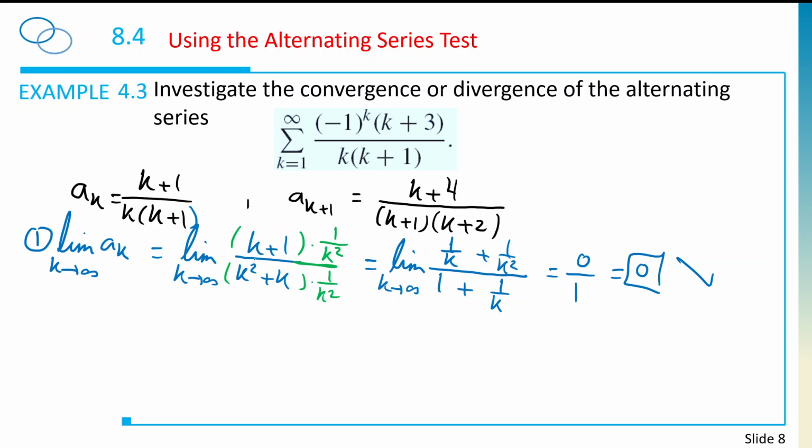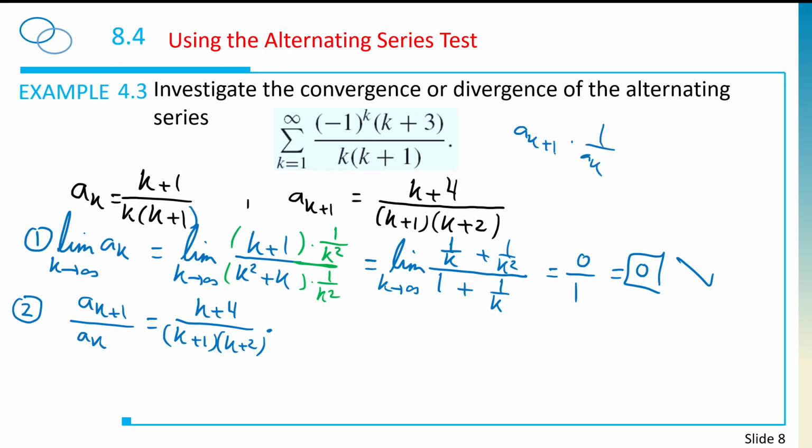But for you as a self-check, directly, if you see the degree of the denominator, you know it's 0. Now the second step, or the second condition, I need to check whether it's decreasing or not. So I'll start with a_{k+1} divided by a_k. And this equals a_{k+1}, it's (k+4) over (k+1)(k+2), times the reciprocal of a_k. Remember, every time what I'm doing is multiplying by 1 over a_k, just to avoid complex fractions. So now the reciprocal for a_k is k times (k+1) over,